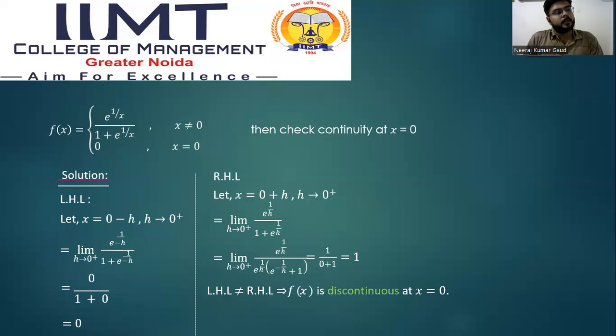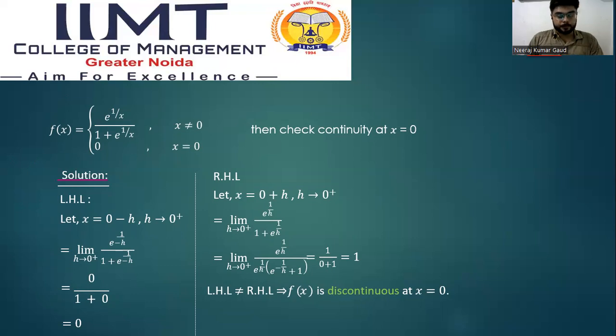Take another example. f(x) is equal to e to the power 1 upon x upon 1 plus e to the power 1 upon x when x is not equal to 0, and 0 when x is equal to 0. Then check the continuity at x equal to 0. Solution, left hand limit: let x is equal to 0 minus h, where h tends to 0 positive, equal to limit h tends to 0 positive, e to the power 1 upon minus h upon 1 plus e to the power 1 upon minus h, which comes out to 0 upon 1 plus 0, which comes out to 0 upon